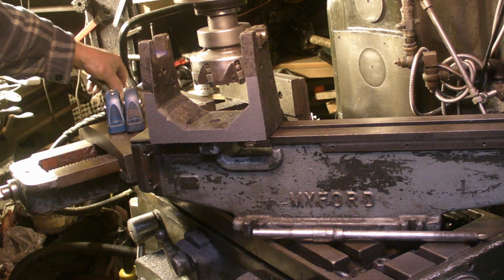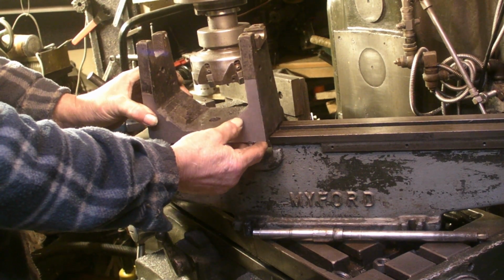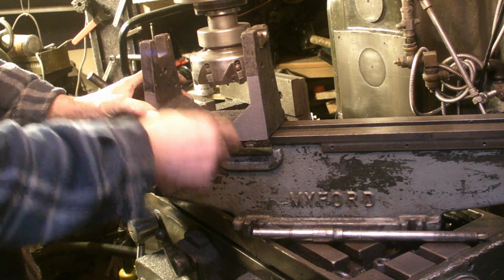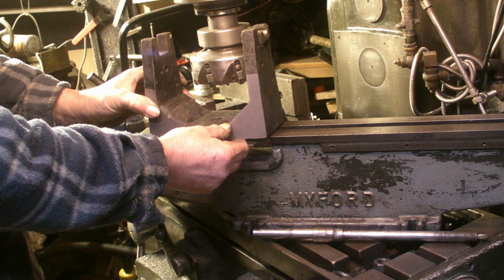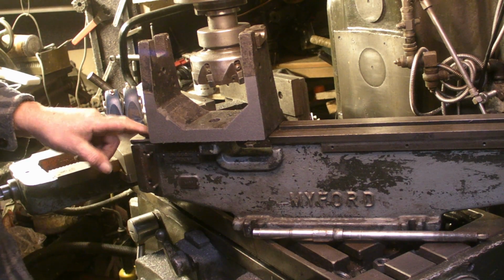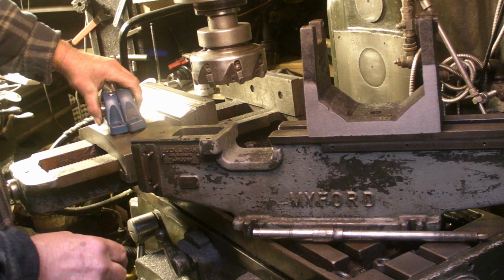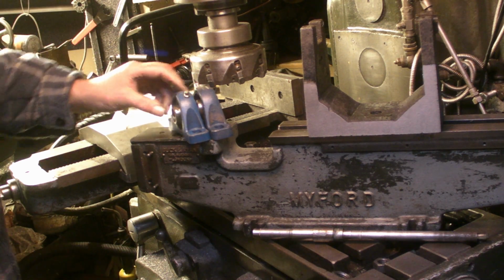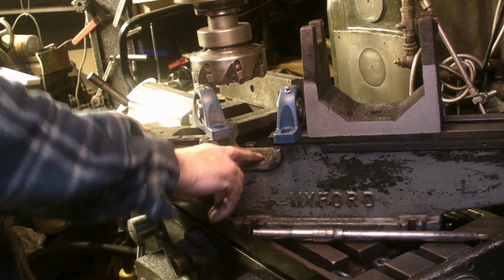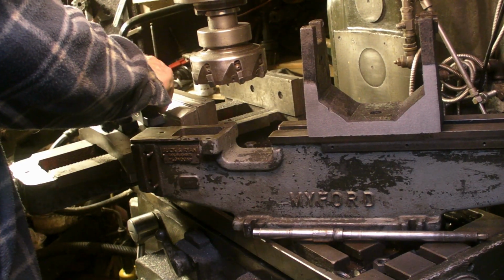Now the headstock pivots. As the rosettes move round, the headstock pivots. There's tension with a spring, but the follower is mounted onto the rosettes, and that is what pivots the headstock. So I need some way of mounting this onto the lathe bed that will allow for that pivoting. So my idea was, I've just had a delivery of a couple of pillow blocks, so those will be mounted onto the lathe bed in some way. I'm going to have to do quite a lot of machining on this to get it to suit, but my idea was that